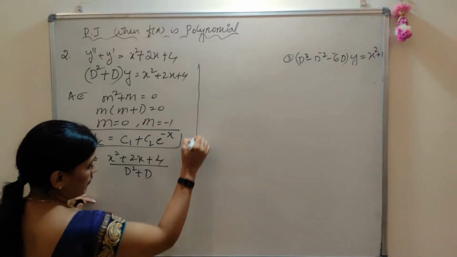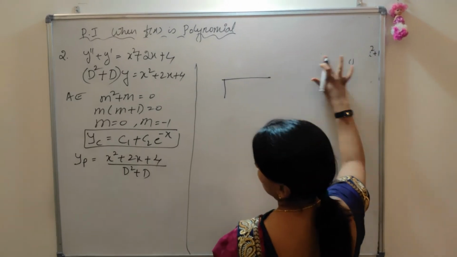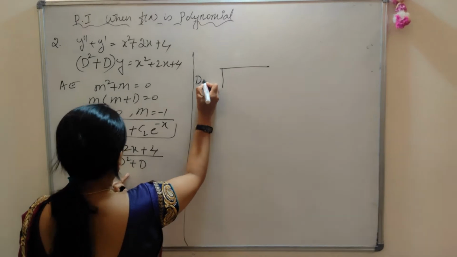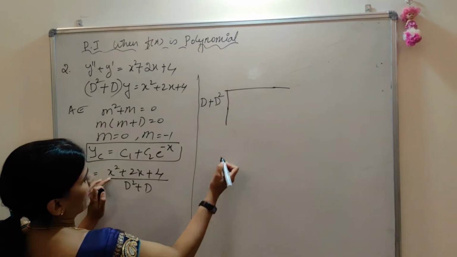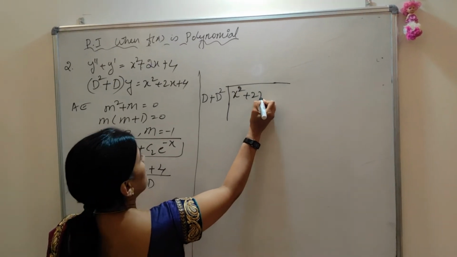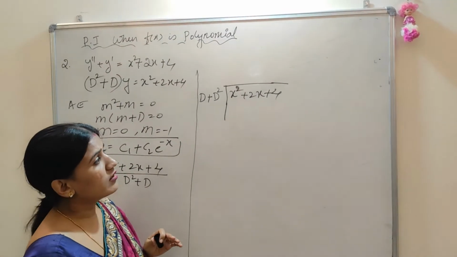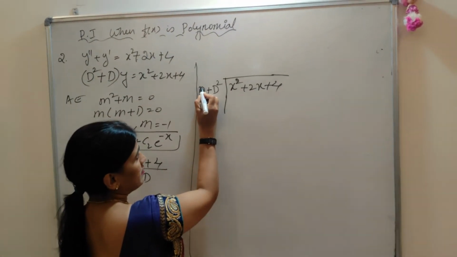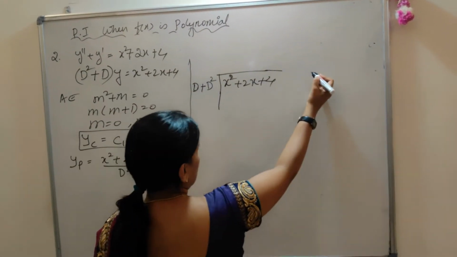Okay. So I'll divide this according to the rule. The denominator f of d must be ascending, so it is d plus d square, and the polynomial should be descending, so x square plus 2x plus 4. The previous problem had a constant, so easily we used to find the quotient term. But here the operator is there, only beginning with the operator. The first term is the operator, the differential operator. So then also, not a problem.